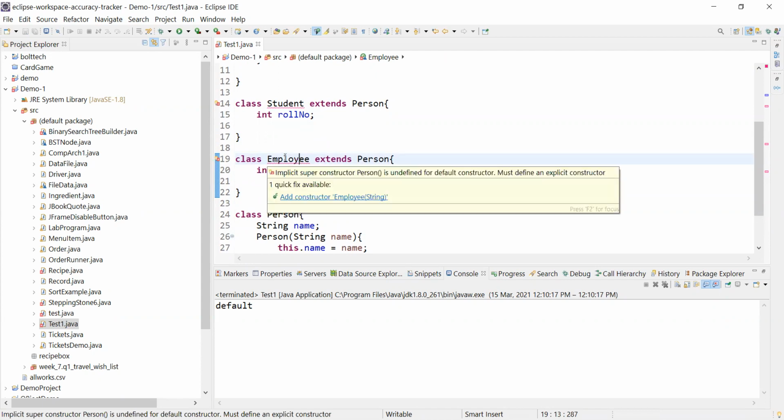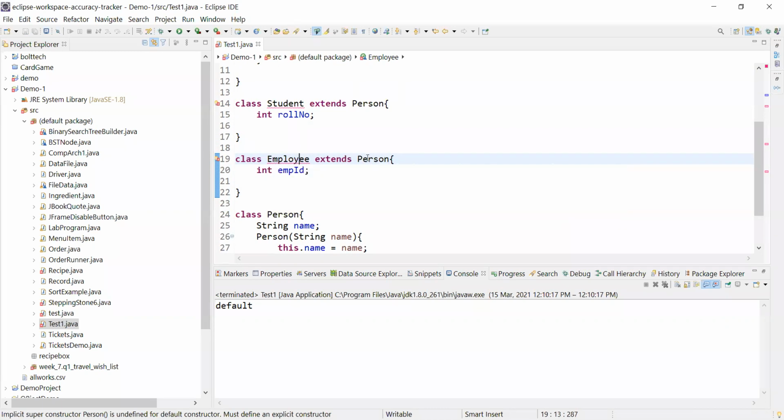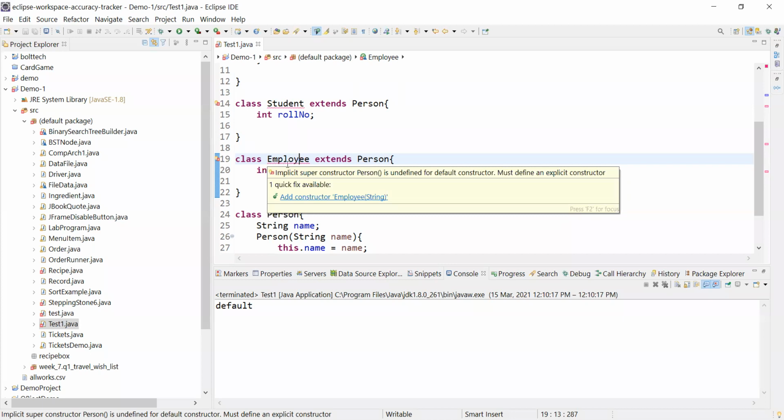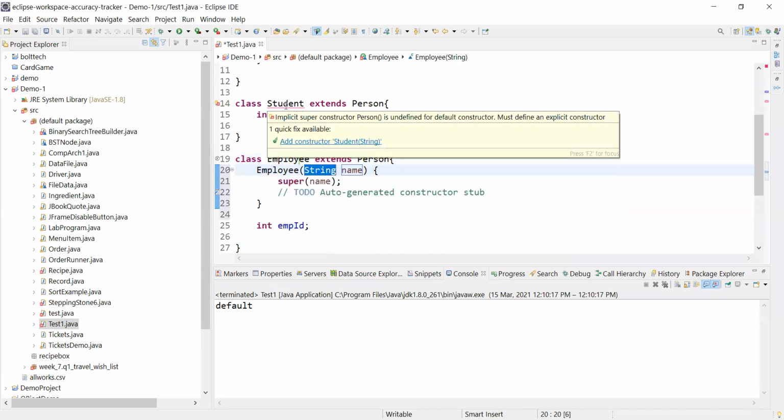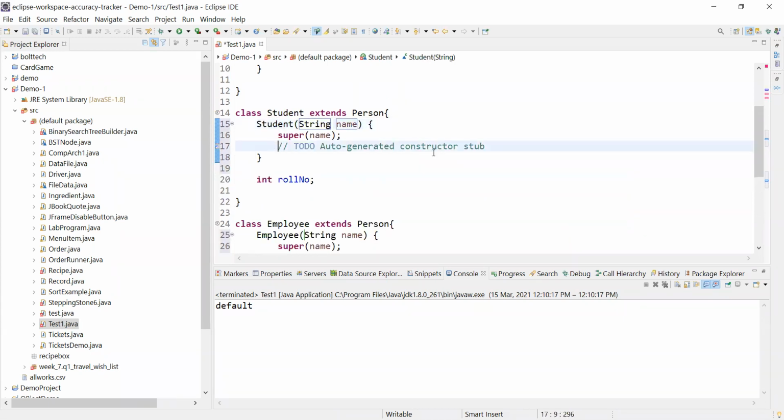Read it carefully: implicit super constructor Person() is undefined for the default constructor. If you are extending the person class, then you need to define a constructor. Do the same thing for this, right? And later on, you can do your stuff.